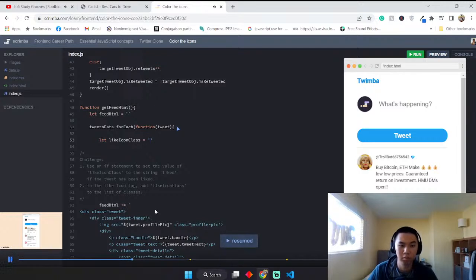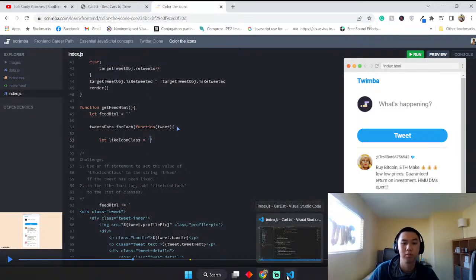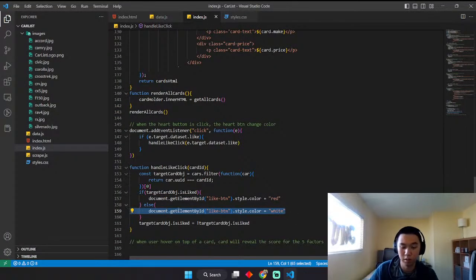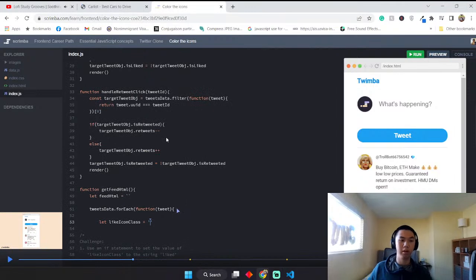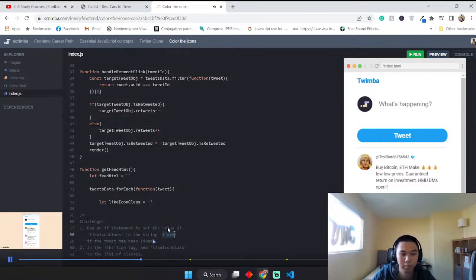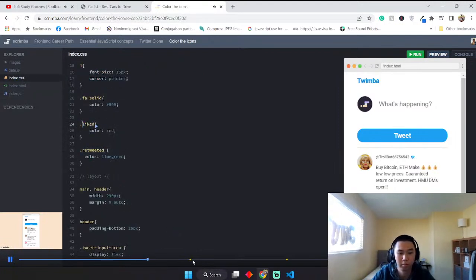Okay, time for you to do some work. I want you to use an if statement to set the value of like icon class to the string liked if the tweet icon has been liked. Now you'll remember this is the CSS class that we've got right here, this one that will turn